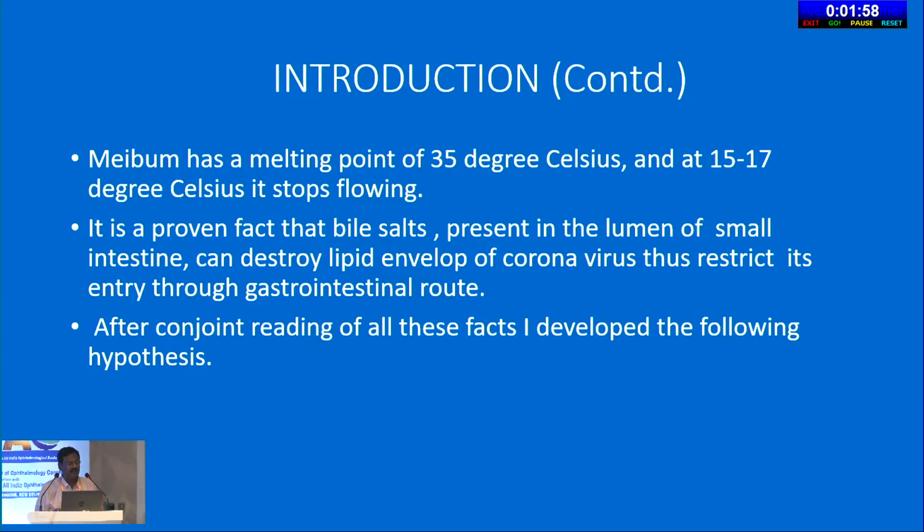Meibomian gland secretion has a melting point of 35 degrees Celsius, and at 15 to 17 degrees Celsius it stops flowing. It is a proven fact that bile salts present in the lumen of small intestine can also destroy the lipid envelope of coronavirus, thus restrict its entry through gastrointestinal route. After conjoint reading of all these facts, I developed the following hypothesis: